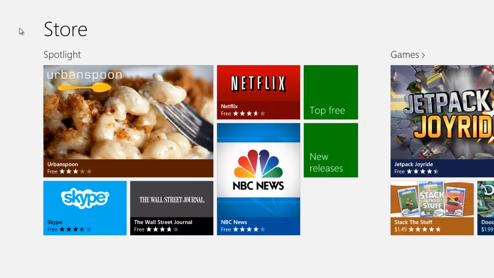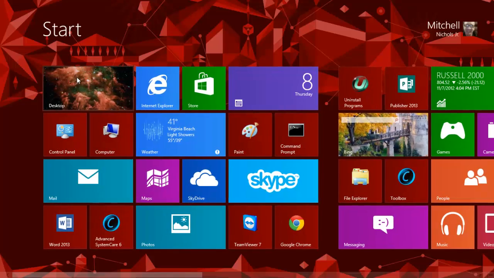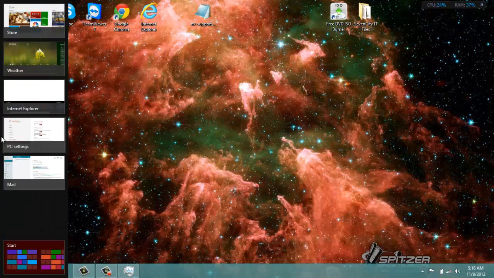Now, I am just bouncing around at what I see because I have ADD. I just want to show you guys how the operating system works. And I'm at a standstill right now. There are still a lot of features that I want to go through, but it's not a huge deal as long as you get the basic understanding of how the UI works, and it's actually really a lot more intuitive. You just have to take maybe like 30 minutes to an hour and just navigate through it, and it'll grow on you, because I actually did